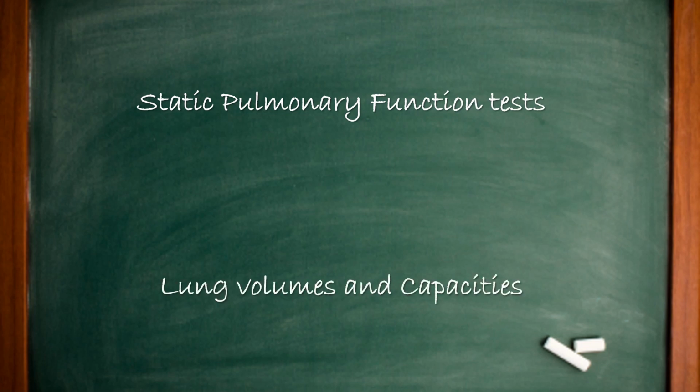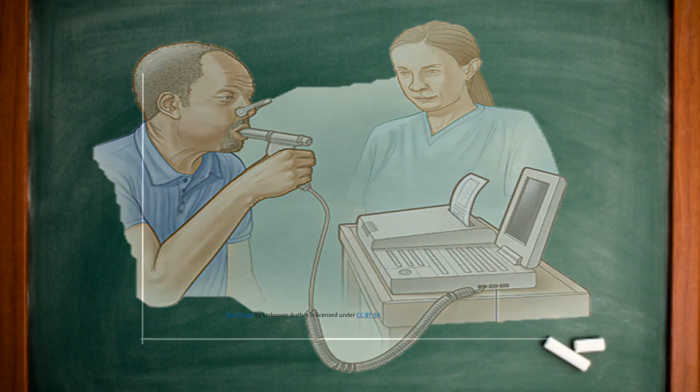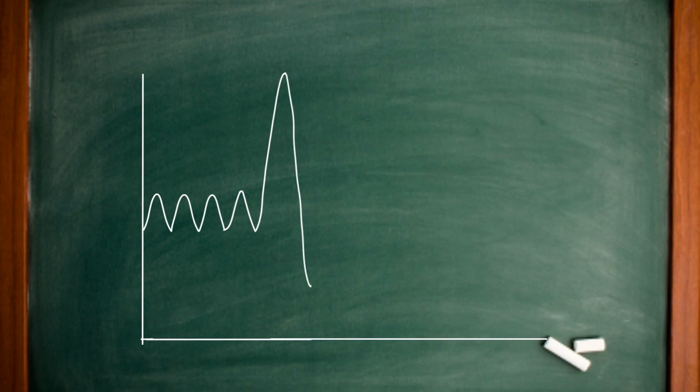Now to perform these tests, the subject is made to inhale and exhale through his mouth with the nose closed in a machine called a spirometer, and the volumes generated are charted on a graph. Initially, the patients do a normal ventilation. Now the patient is asked to inhale as deeply as possible. As we are doing the static tests, there is no time limit and hence the patient is not hurried. Then the patient is asked to exhale as completely as possible. But again, there is no time limit, so the patient is not asked to force the air. Then the patient again ventilates normally.